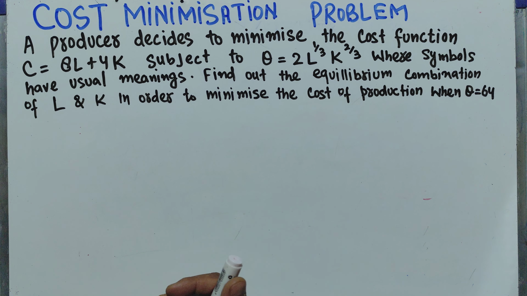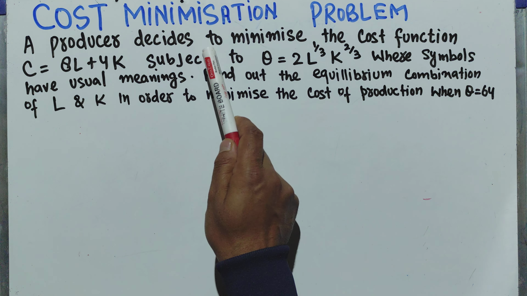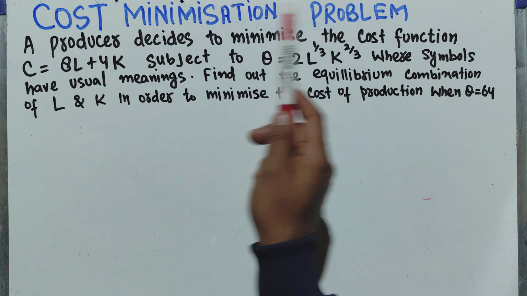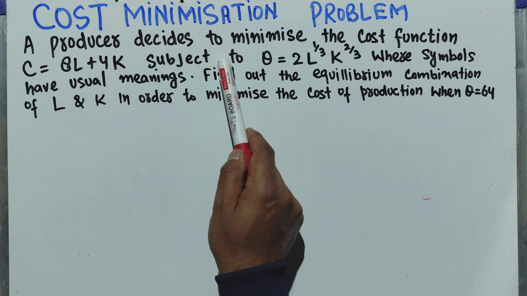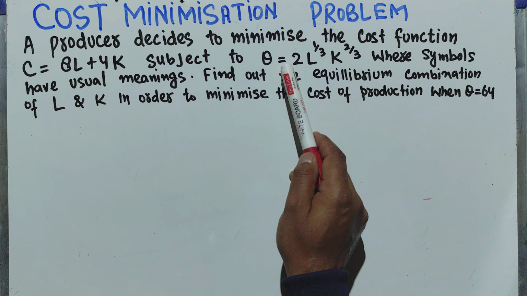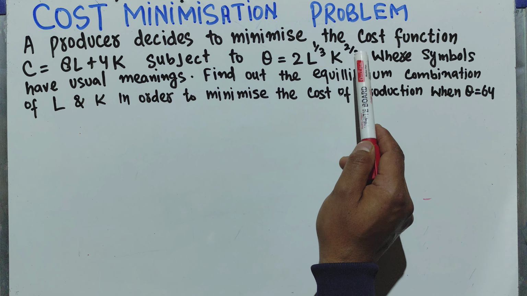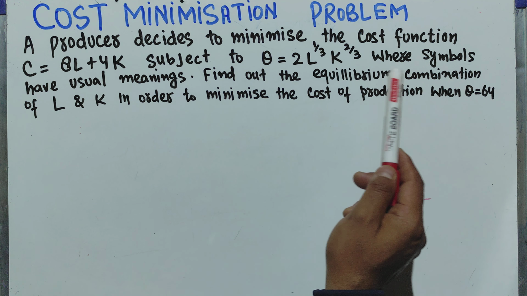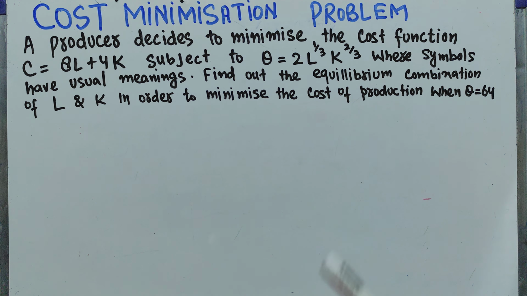In this video, we will solve a cost minimization problem. The question is, a producer decides to minimize the cost of production. That is, the cost function is given as C = 8L + 4K, subject to the constraint Q = 2L^(1/3) K^(2/3), where symbols have the usual meanings. Find out the equilibrium combination of L and K in order to minimize the cost of production when Q